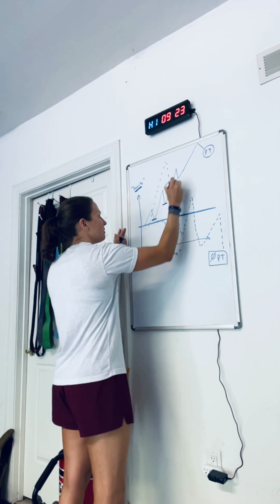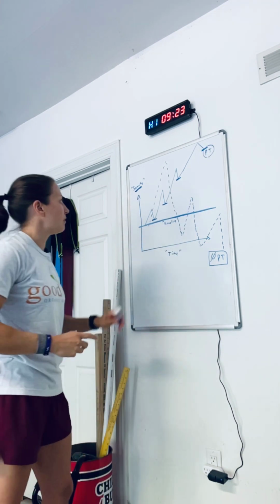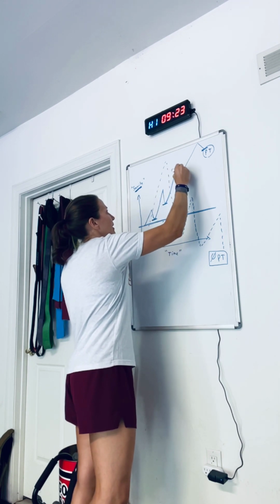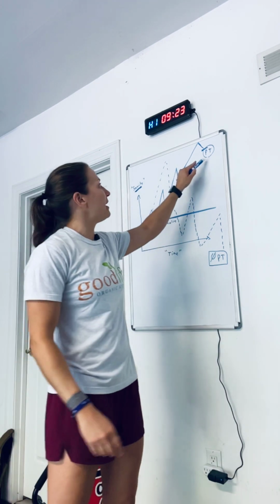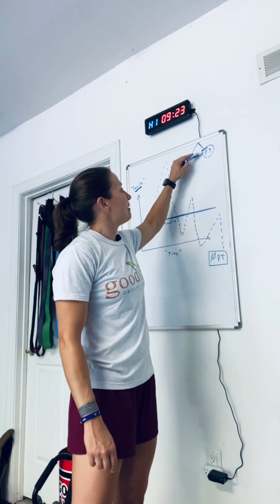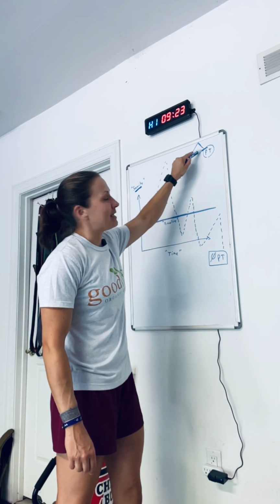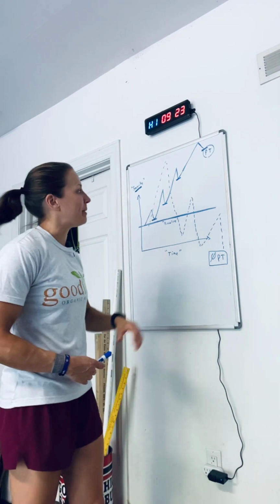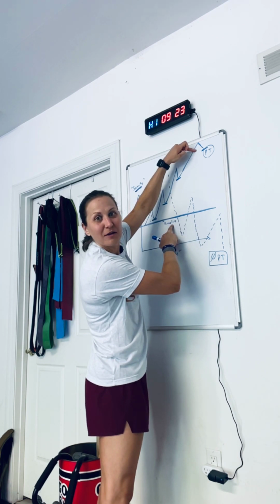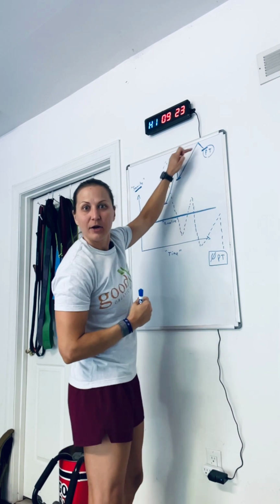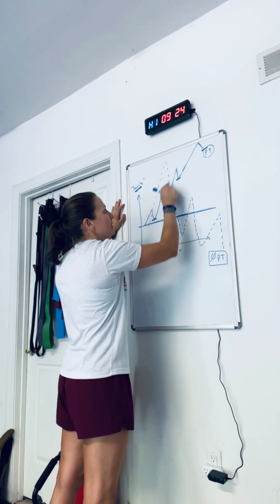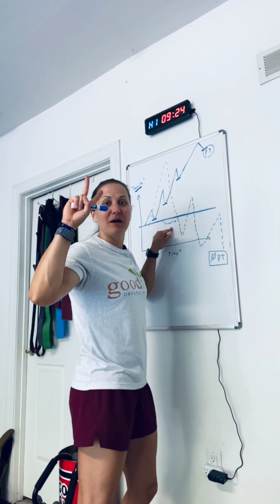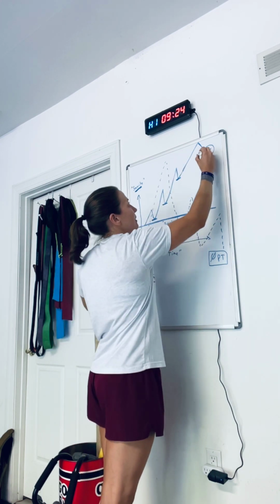I'm going to mark smaller little ones right here, as you can see. So there's a solid line here that goes up, down, up, down, up, down, even more up, down, okay? And I have it up here, PT, or physical therapy. You can see from baseline to this baseline up here, our intervention was physical therapy. Physical therapy is going to move your baseline higher, right? We experience these issues naturally, but if we intervene with physical therapy, we essentially move our baseline higher, or our threshold, this area,